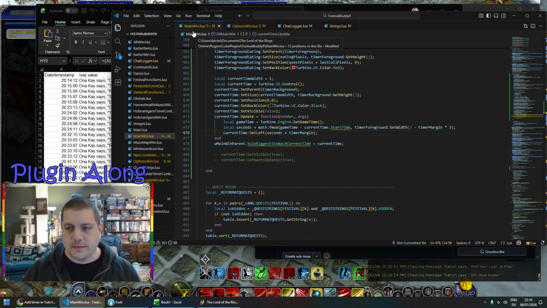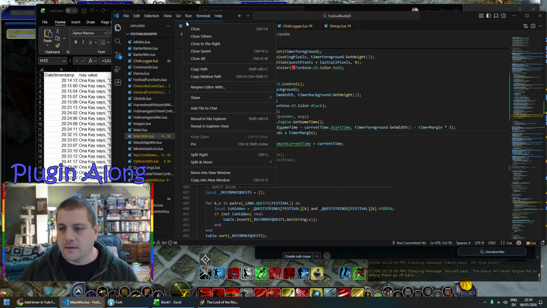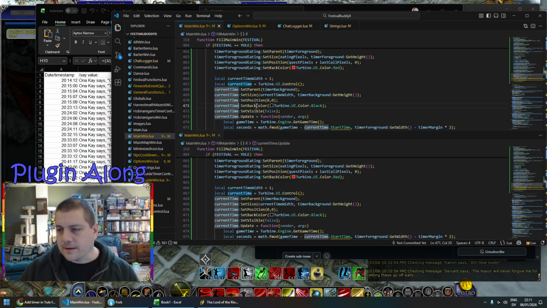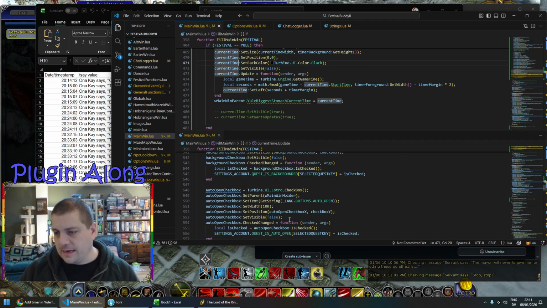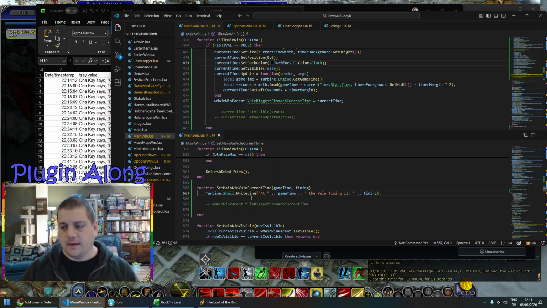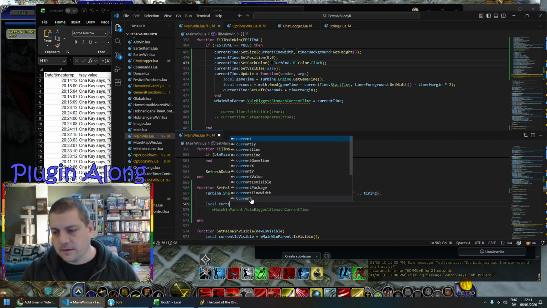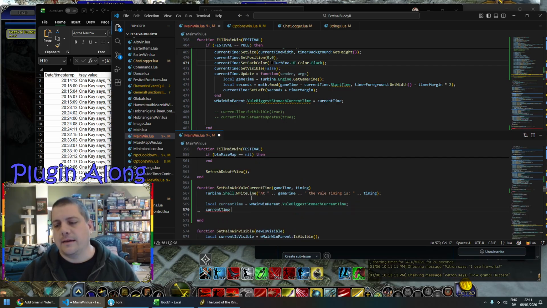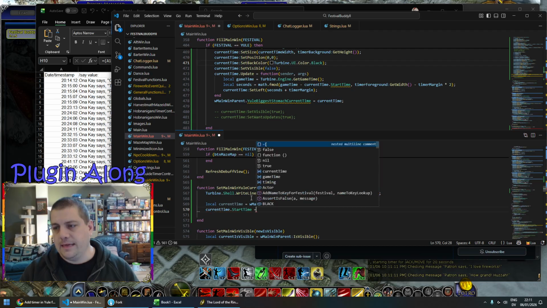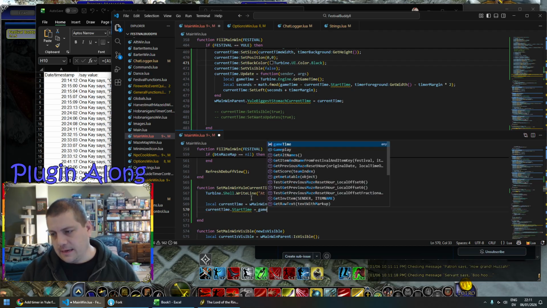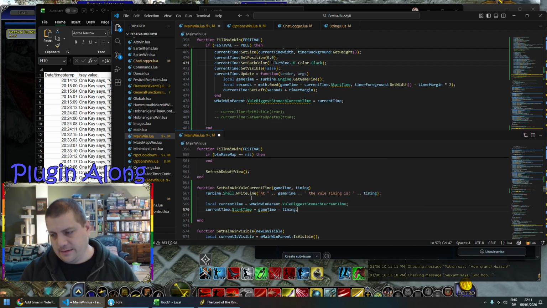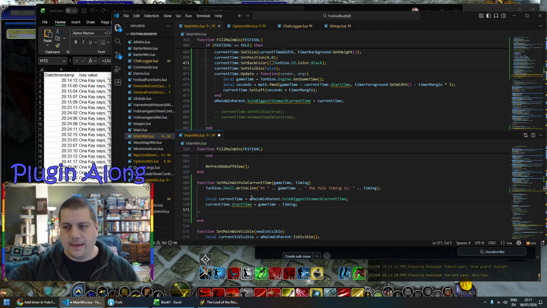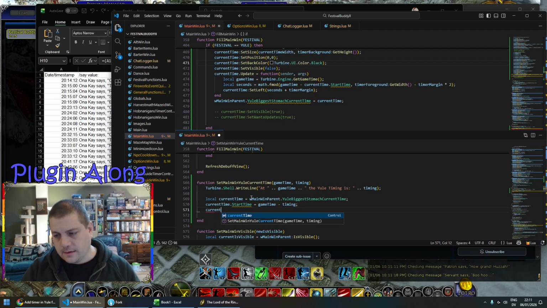I feel like I'm going to want to split this vertically. Okay. So we have local current time equals that thing. Current time dot start time equals game time minus timing, and then current time,